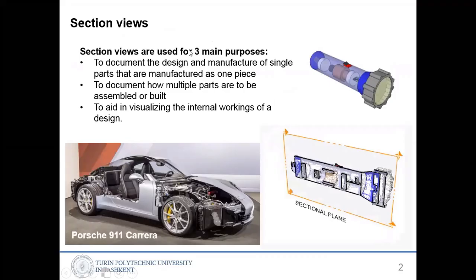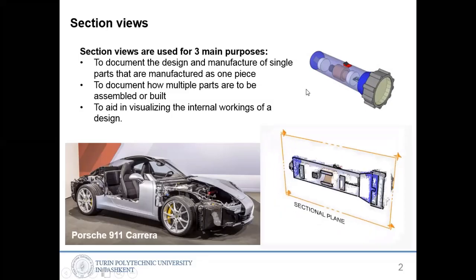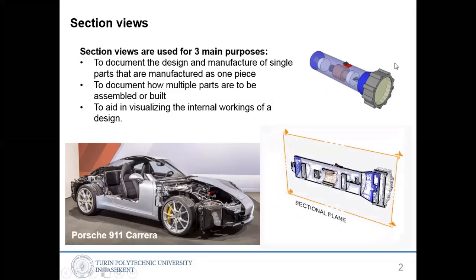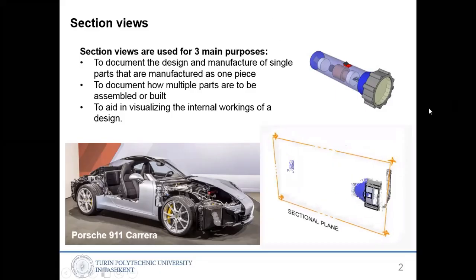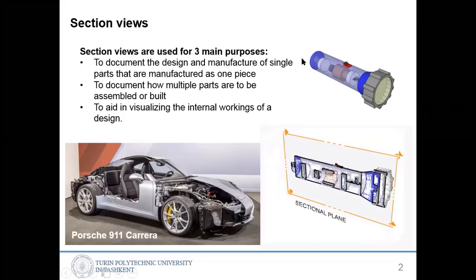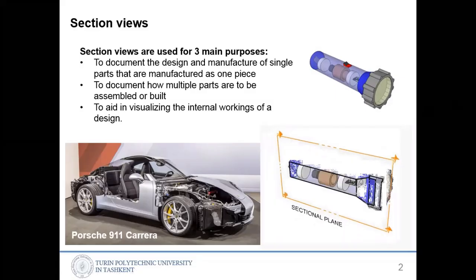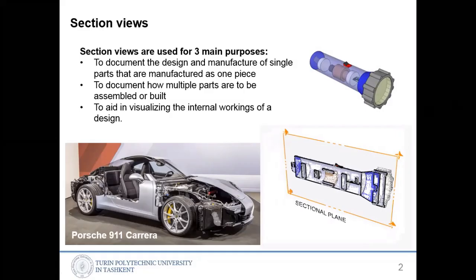Okay, the section views. If you look on the right hand side, there is the flash, and you can see the inner components highlighted. The outer body surface is made kind of transparent, and the inner components are seen. This is a CAD assembly kind of view. But when you draw on a two-dimensional sheet,